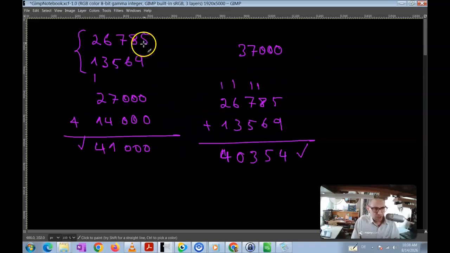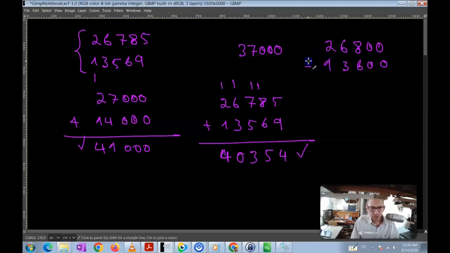which means that in such a case, where the number which is to be subtracted from the sum is very close to the sum, you would do your rounding in a different way, meaning that you would not round your numbers to the nearest thousands, you would round them to the nearest hundreds, for example, so that you can have more certainty in your numbers, basically. So if I were to round my numbers to the nearest hundreds, I would write 26,785 as 26,800, and 13,569 I'm going to write as 13,600. Okay,